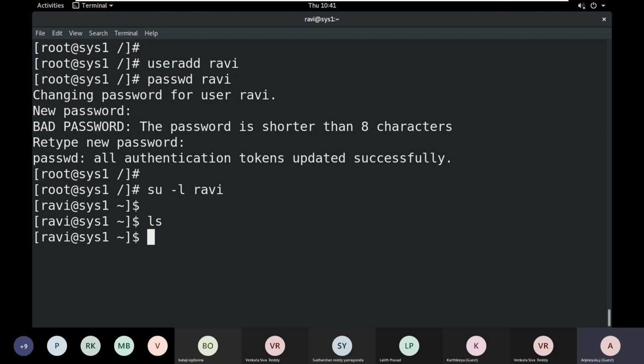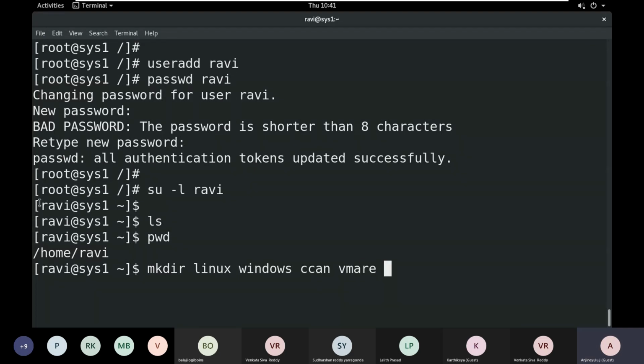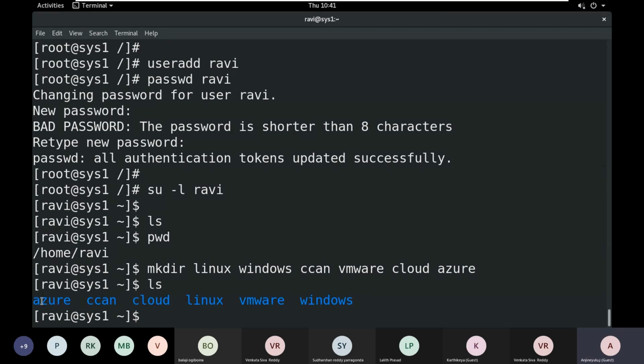Okay, right. So now I'm creating directories with mkdir: Linux, Windows, CCNA, VMware, Cloud, then Azure. See, I have the directories, and I'm also creating files by using the touch command, just 1, 2, 3.